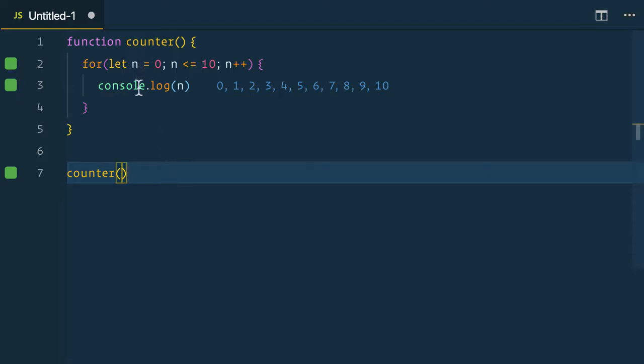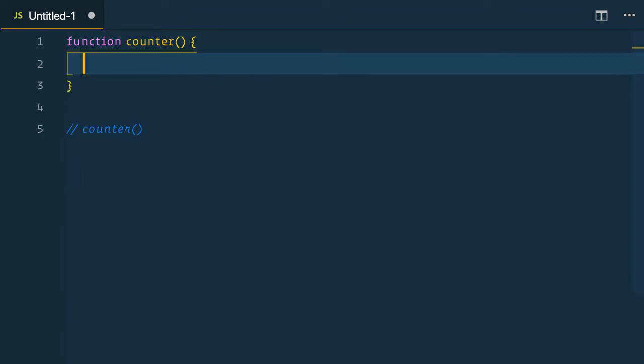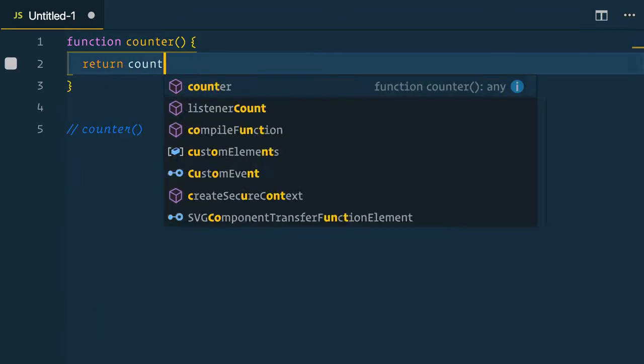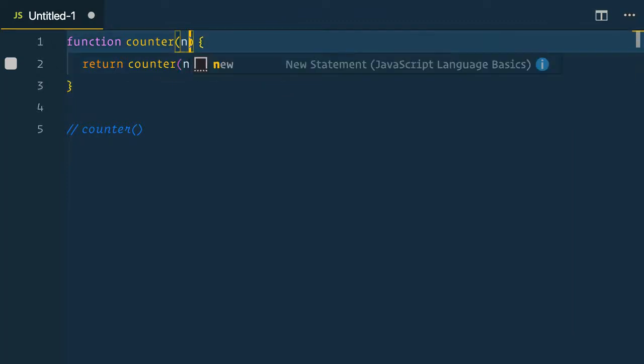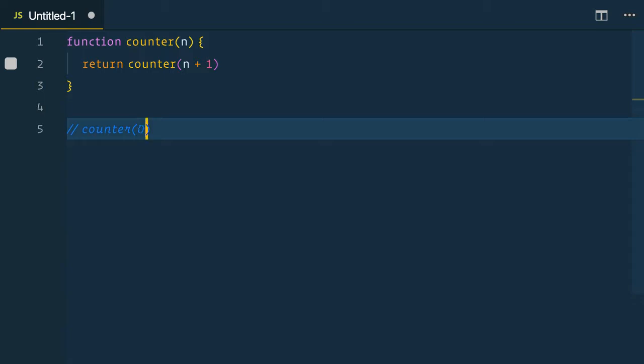Our console.log shows us that we were successful in creating a simple looping counter function. Let's refactor this to use recursion now instead of a loop. The first thing we'll do is comment out our function call here and remove our for loop. And we're going to return counter n plus 1. And we'll pass in an n as a parameter to our counter, and then pass in 0 to our function